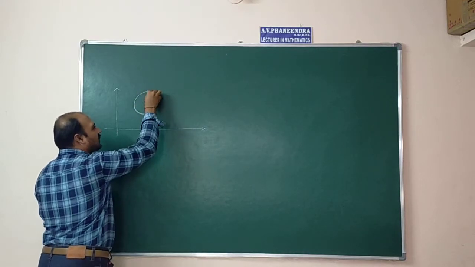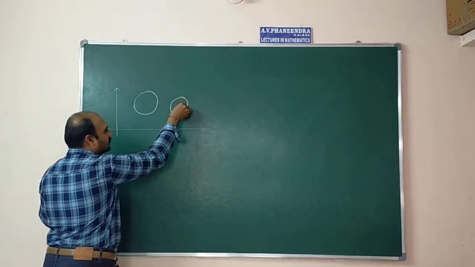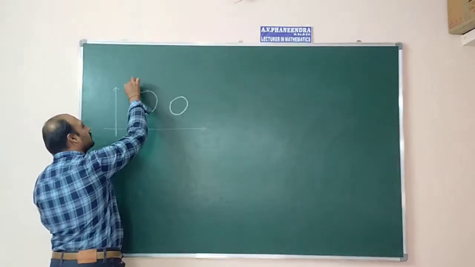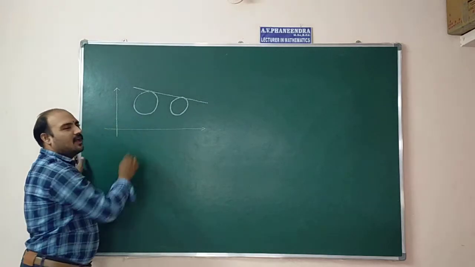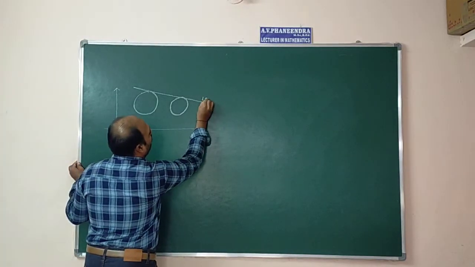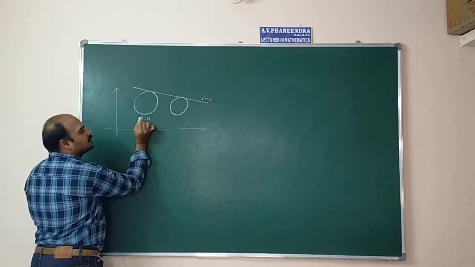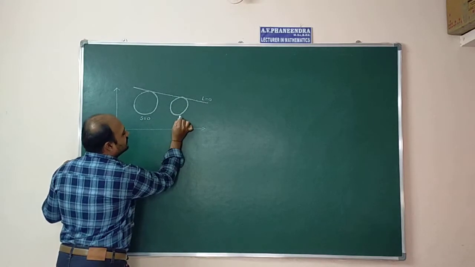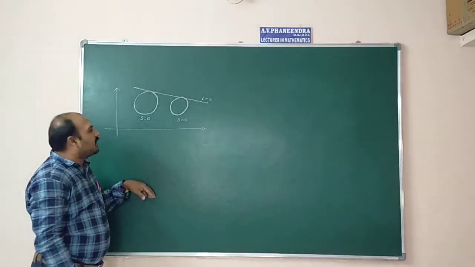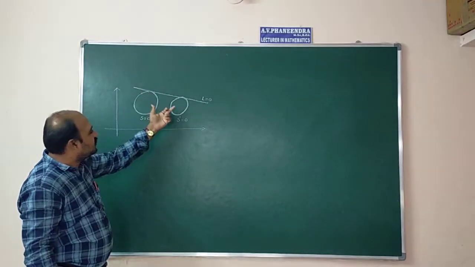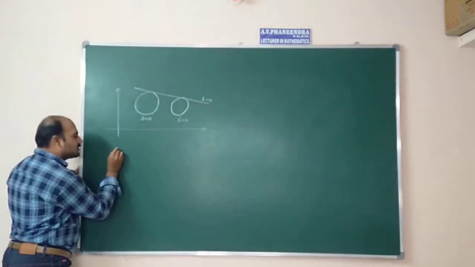Here, this is the first circle and this is another circle. This is the line. A straight line L equal to 0 is said to be a common tangent to the circles S equal to 0 and S dash equal to 0 if it is a tangent to both the circles S equal to 0 and S dash equal to 0. That is the definition of common tangent.